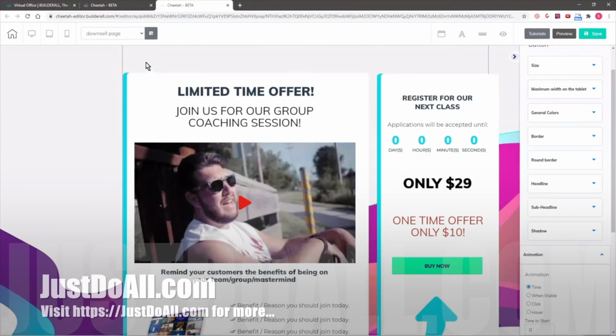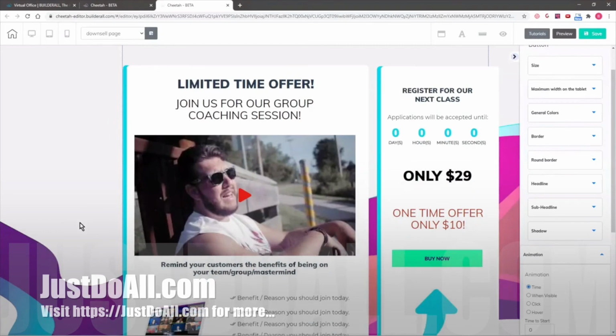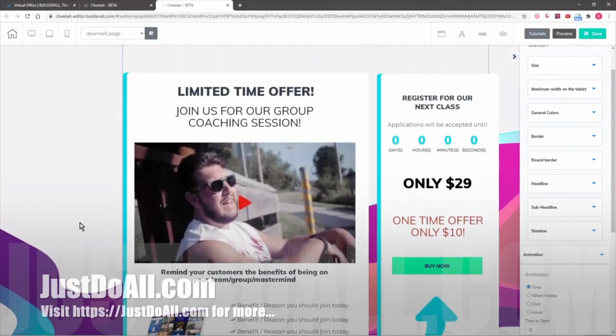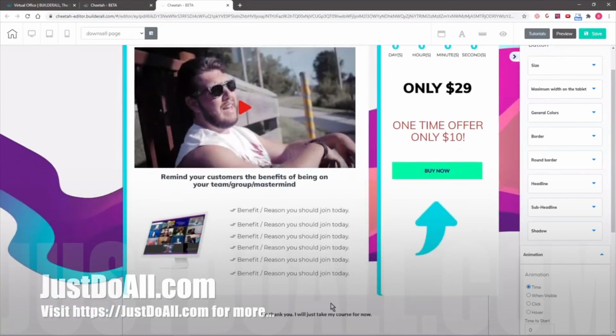Now when they decide to not purchase the upsell item, they're going to come to the downsell page. So we're giving them one more opportunity. Okay, so our upsell item is going to be more expensive. If they decide no to that, then they can go to the downsell item, which will be a little bit cheaper. Okay, and if they decide to not purchase this, they go to the thank you page to access their